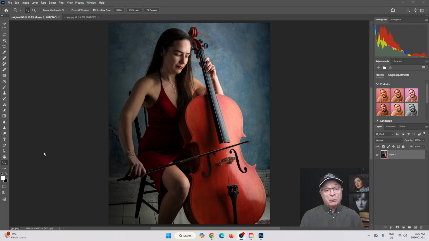So here's the photograph. As you can see, it's a cellist sitting in a room, and this is actually lit with one large softbox. I think it's a 3x5, and it of course is to the right of the cellist here. Then we used a reflector to reflect a little bit more light on this side. And basically this is what we ended up with as a photograph.